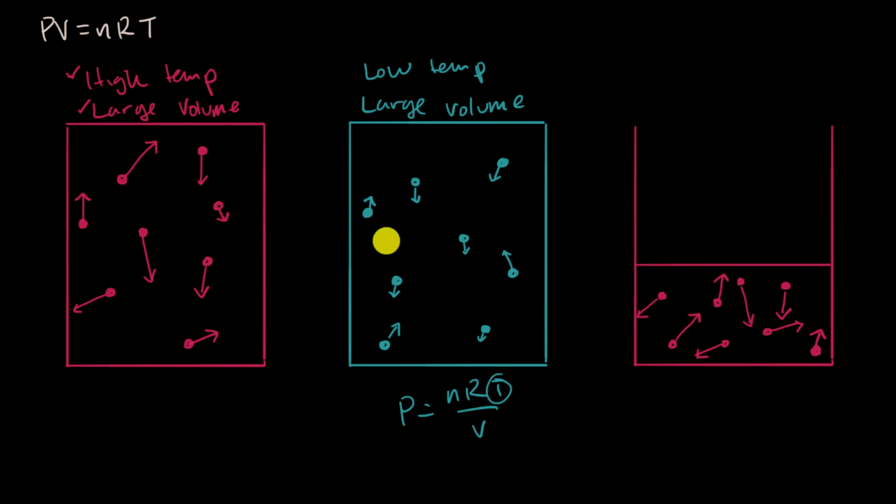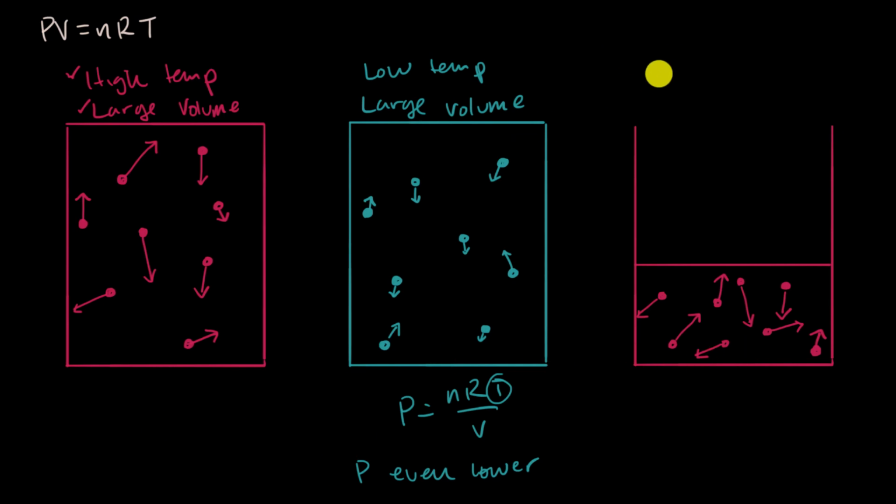But in this situation with a real gas, because we're close to that condensation point, these particles are more and more attracted to each other, so they're less likely to bump into the sides of the container, or if they do, they're going to do it with less vigor. So in this situation for a real gas, because of the intermolecular attraction between the particles, you would actually have a lower pressure than even the ideal gas law would predict. Ideal gas law would already predict that if you lower the temperature, pressure would go down, but you would see that for a real gas in this scenario, P is even lower. Now let's go to another scenario.